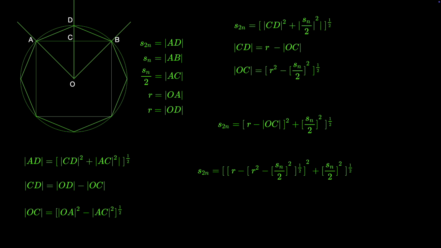For instance, calculating the side length of an octagon, putting that into this equation as s sub n to get the side length of a 16-sided inscribed polygon, and then putting that result for s sub n back into this formula to calculate the side length of a 32-sided regular inscribed polygon. And so we would quickly